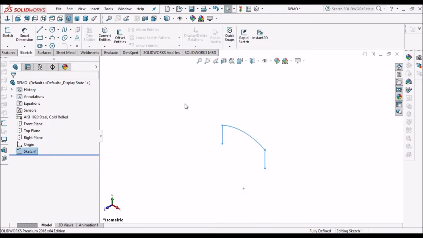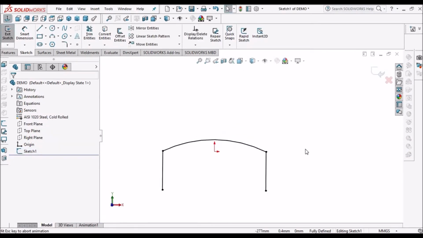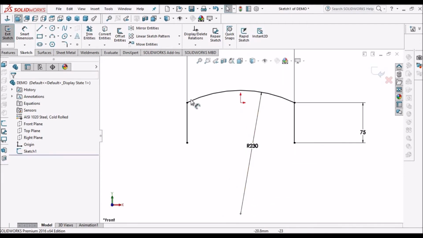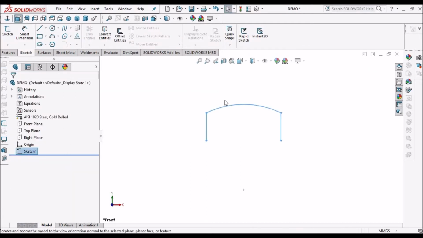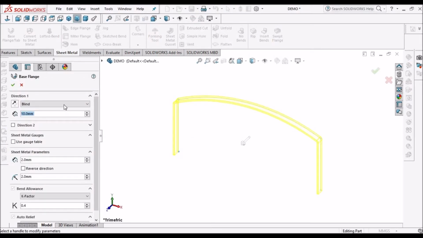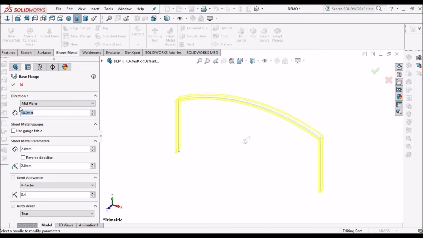So now I am in the sketcher mode. So I have created 200 mm and with radius of 230 and 75. Now select the sketch, go to sheet metal and select base flange. Here take mid plane and 300.